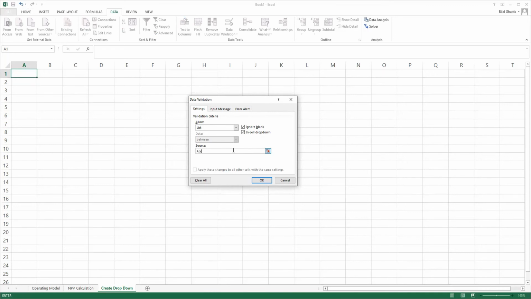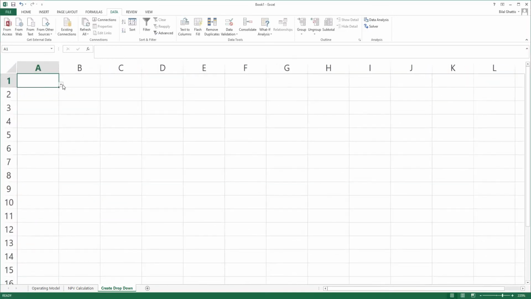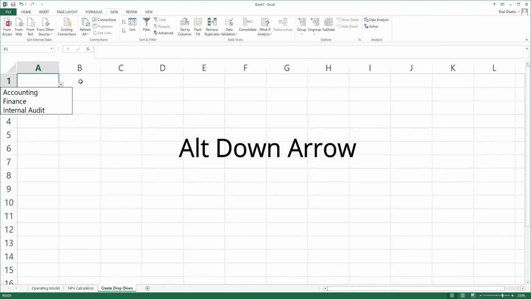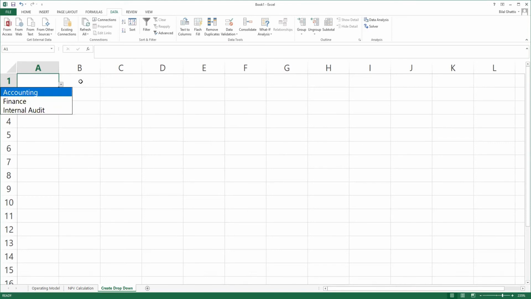If I go for the manual one, I'm going to go for accounting, finance, internal audit. Press OK. We're going to have that small down arrow, and if you hover over the cell, you can click on it: accounting, finance, internal audit. If you want to do that on the keyboard, which is usually the way that I like, you just select the cell that has the drop-down menu, press Alt and down arrow, and you're going to have the options ready for you to pick. If you don't want to pick any, just press Escape, and you move back into selecting whatever cell you want